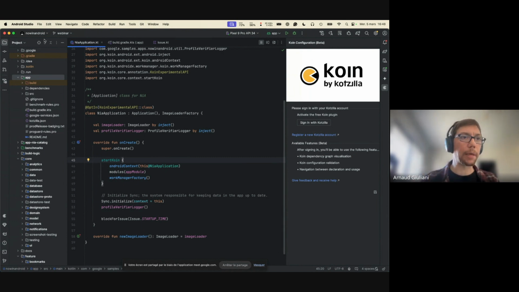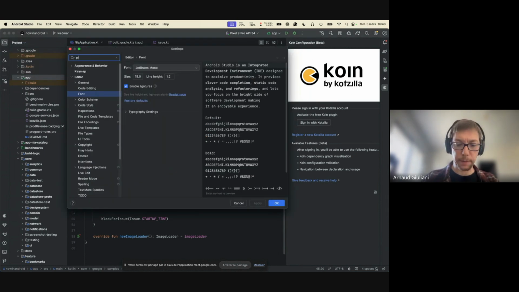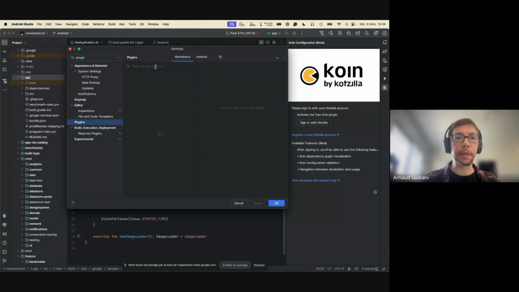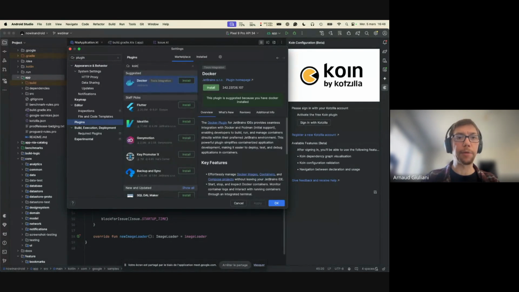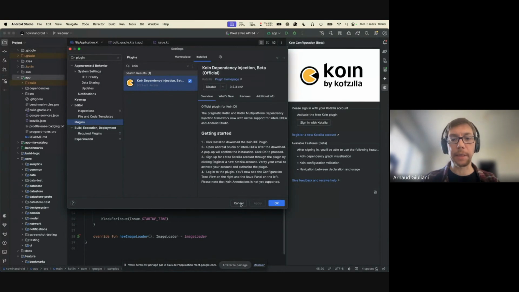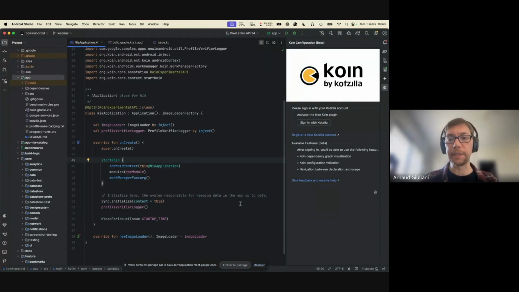When you go to the plugin marketplace, you have plugins. You can go here in the marketplace and search for Koin, and you have Koin on the marketplace. Then you can install it, and it's downloading on your IDE, and then it's ready to go. Once you have that, you will have this right panel, and then you need an account to activate the